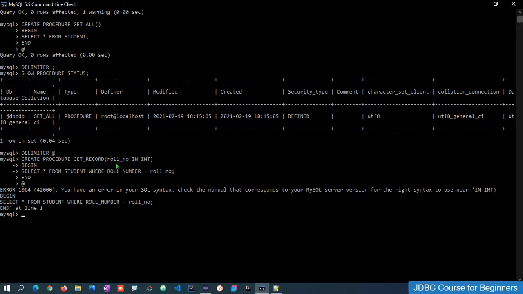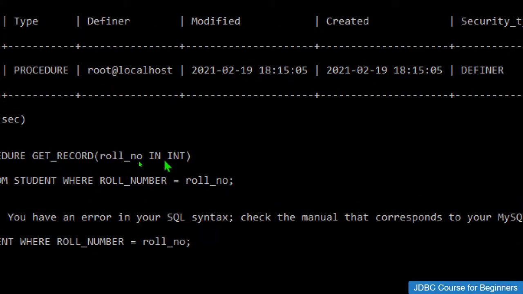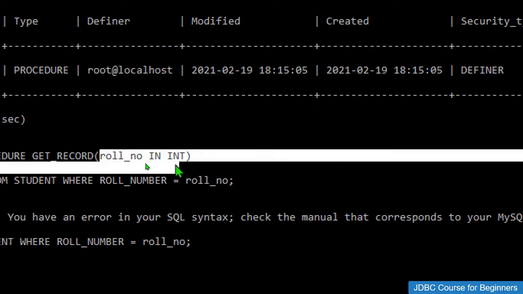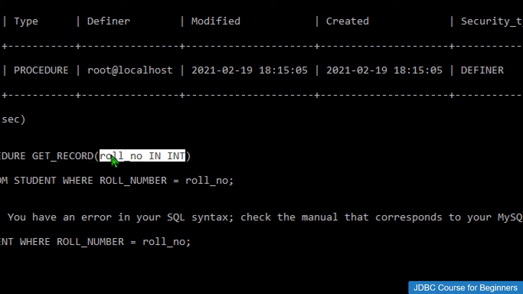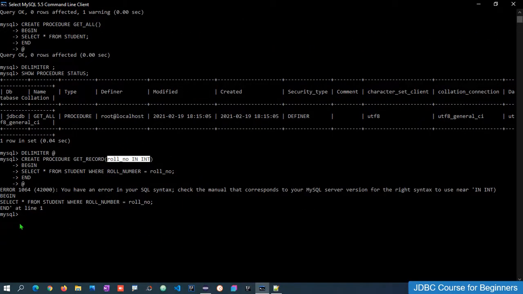This is because I made some mistake over here. Instead of roll number in, we need to write in and then roll number. Let me update this quickly.